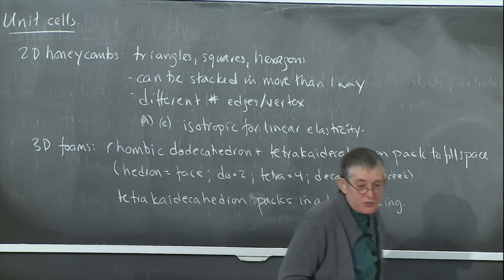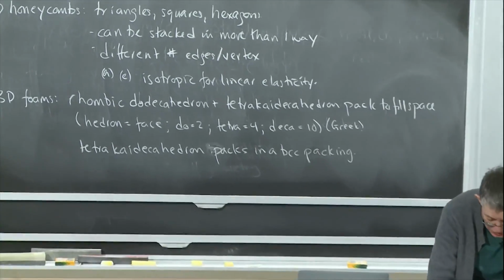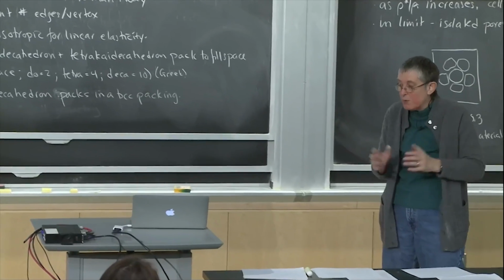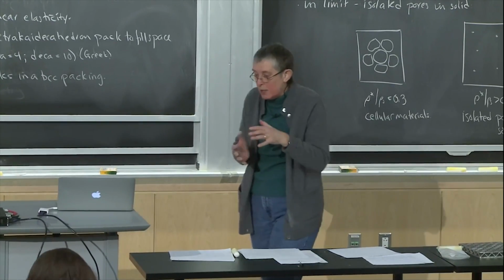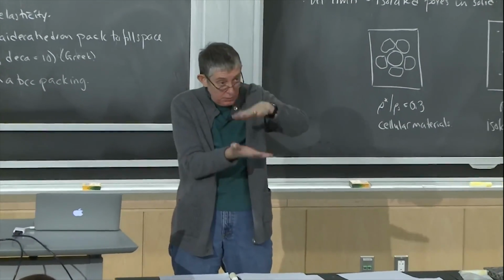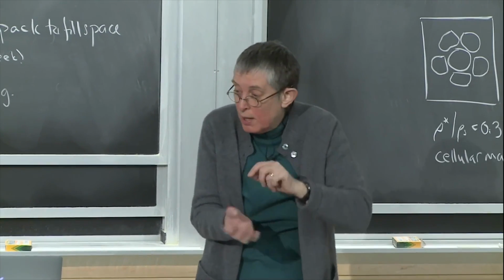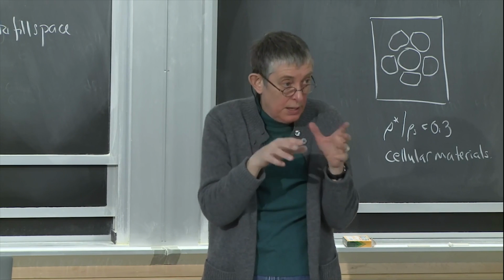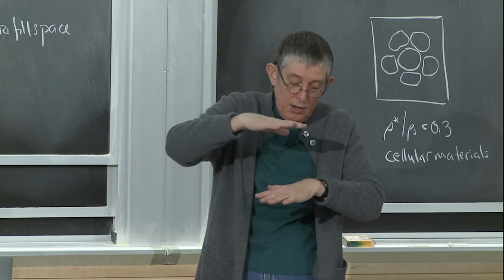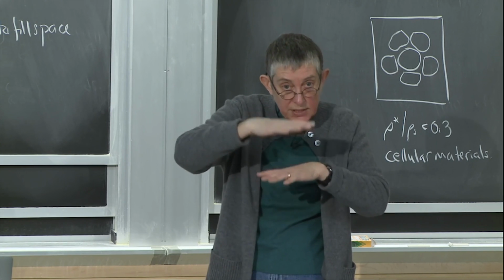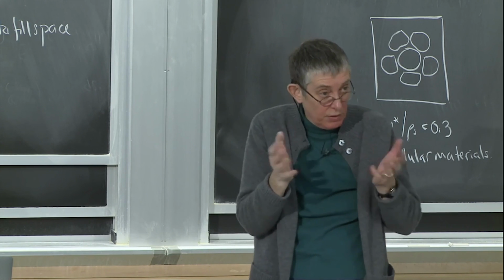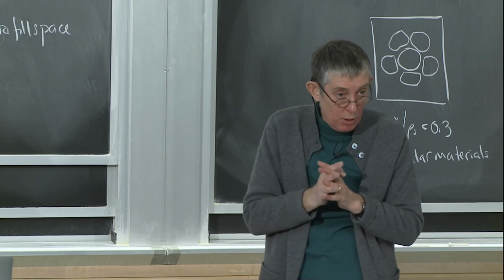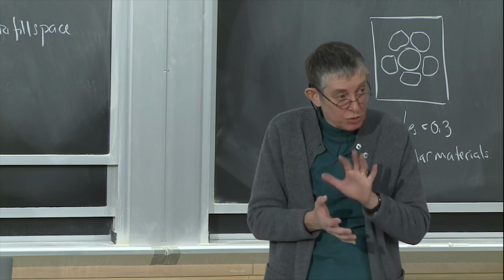So initial models for foams, they took these 2 unit cells, and what they would do is have an infinite array of them to make up the whole material, and then they would isolate a unit cell, and they would apply loads, say compressive stress, for example, and then they would figure out what the load or force was in every single member and how much that member deformed, and they would figure out the component of the deformation in the same direction that they were putting the load on, and they would figure out things like a Young's modulus, or they would figure out when there was some failure of one of these struts, and they would figure out a strength for the foam.